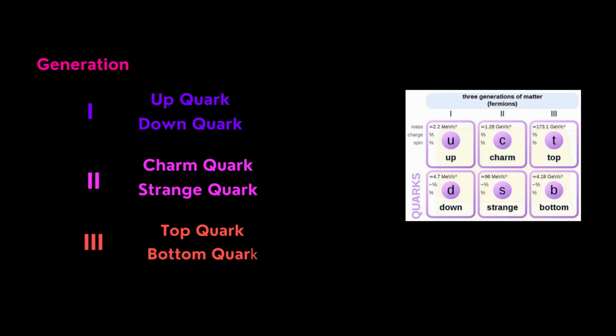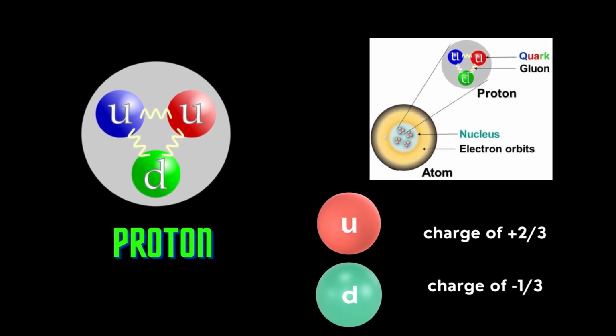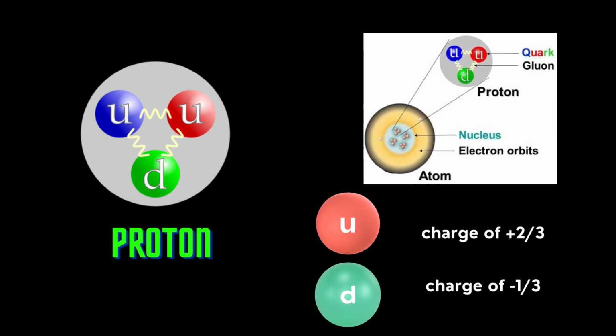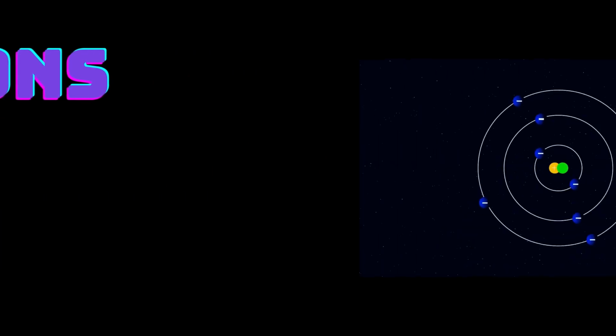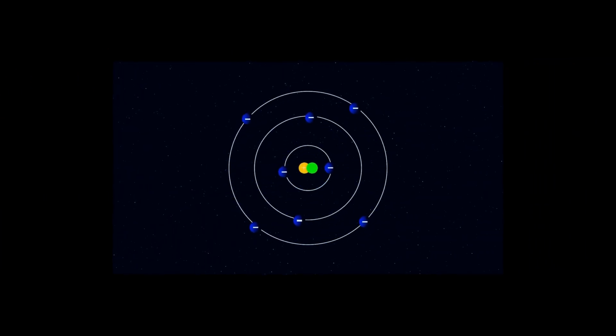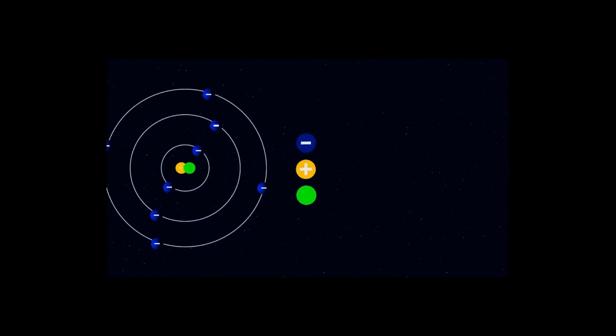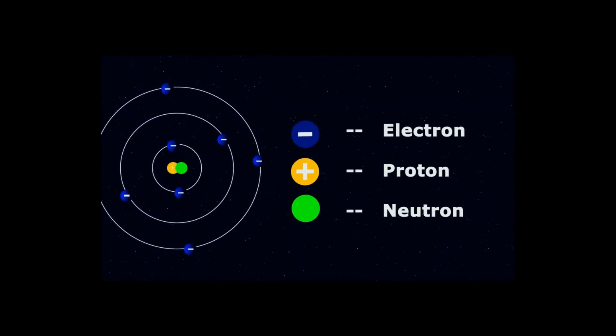The most common quarks are up and down quarks, which make up protons and neutrons. Up quarks have a charge of plus 2/3, while down quarks have a charge of minus 1/3. These charges, along with the strong force, hold the quarks together in the nucleus of an atom. Leptons are one of the two basic types of fermions in particle physics, along with quarks. They are fundamental particles that do not interact with the strong force, which is responsible for holding the nucleus of